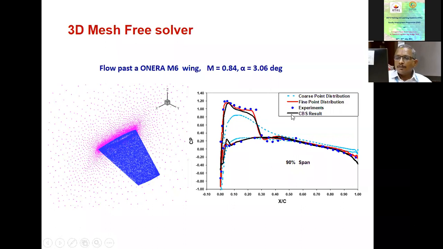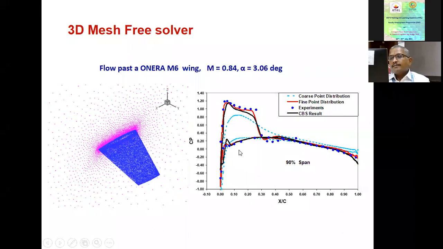This was obtained by one of my senior colleagues, Dr. Mathur. So in CFD, there are two things: validation and verification, we call. One part of it is we compare our solution with already existing and established CFD tools. In this case, I have taken CBS, which is a finite element method, and this red one is the solution obtained by our MeshFree. Both of them compare well, and in turn, both these simulated results compare with the experiment.